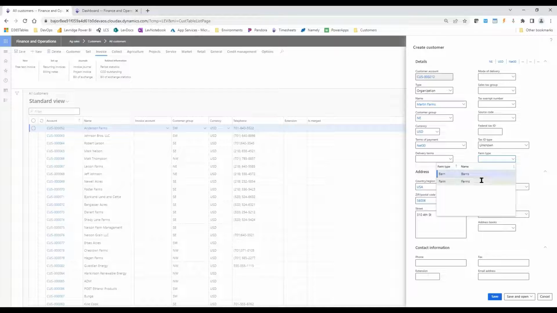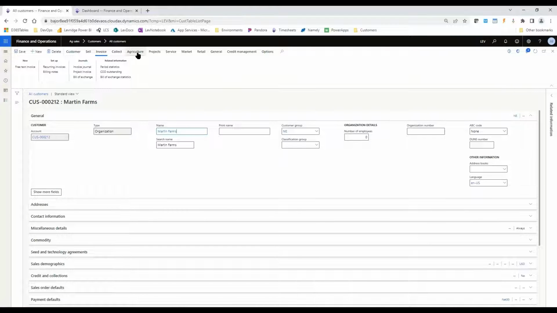If you select one of these farm types, it's going to automatically create that farm for you when the customer is created. So we'll choose a type of farm. You can also have this default in, and we'll take a look at that from our parameters in a minute. So if I say save here, when it goes in and creates this customer record for us,